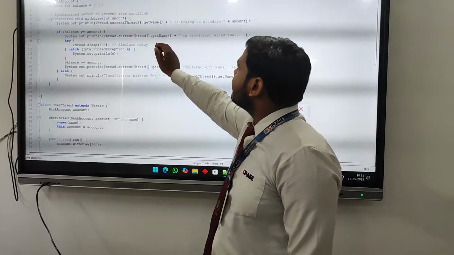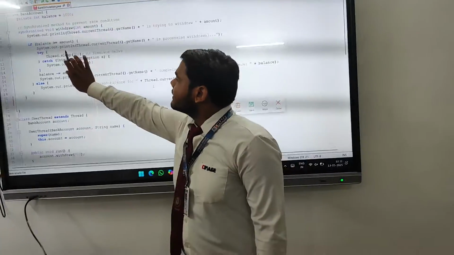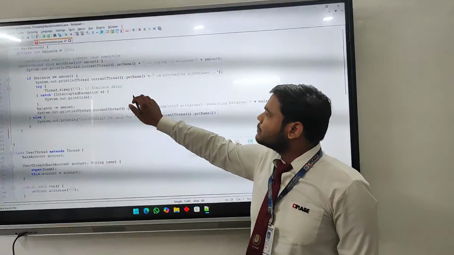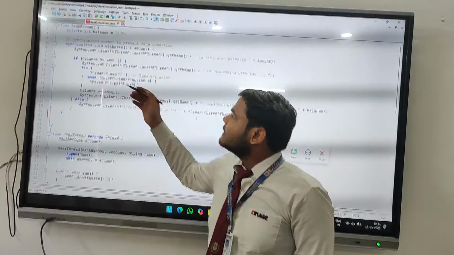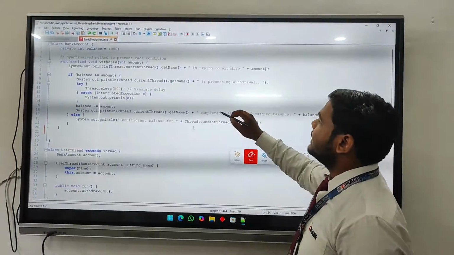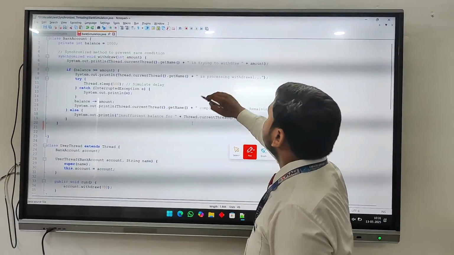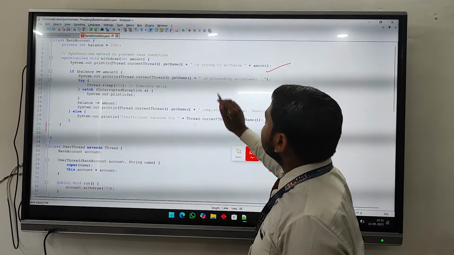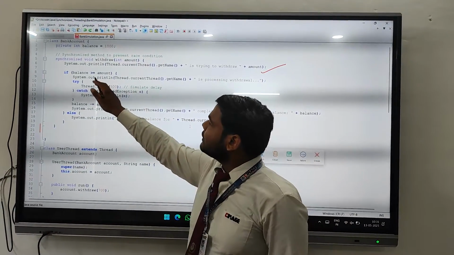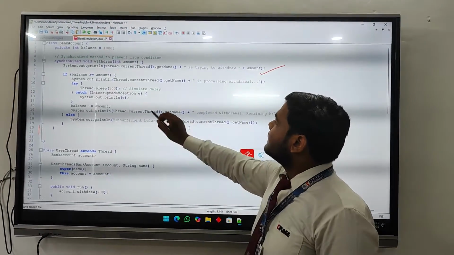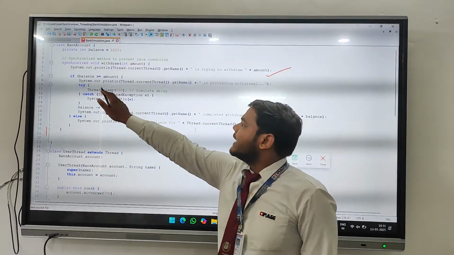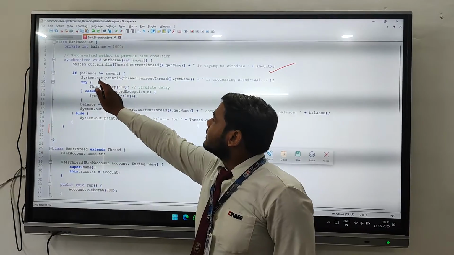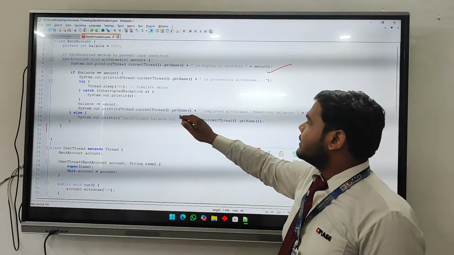Whenever a thread tries to gain access to this block, the other threads will have to wait. In this synchronized block, I first mention which thread is going to access it. Then I compare whether the amount is available or not.